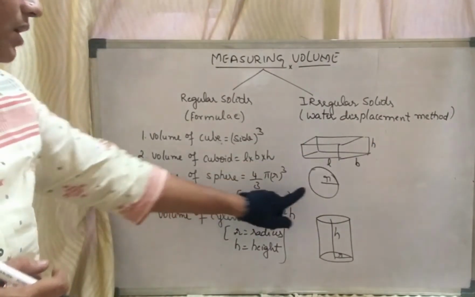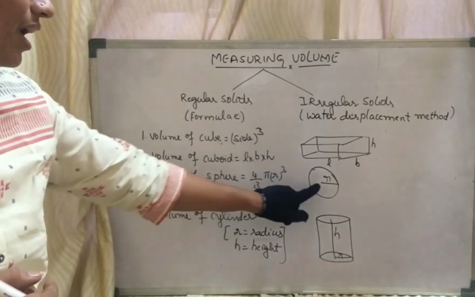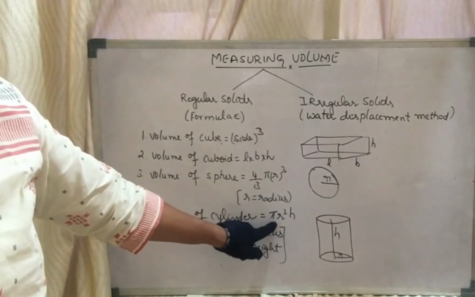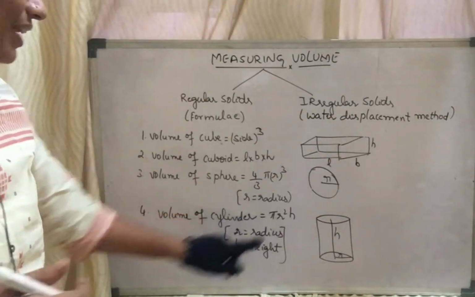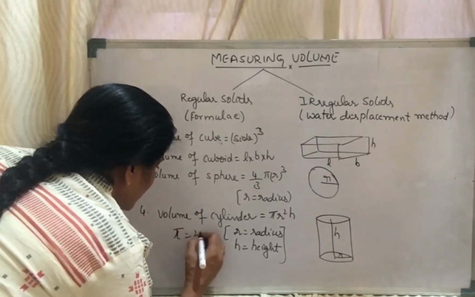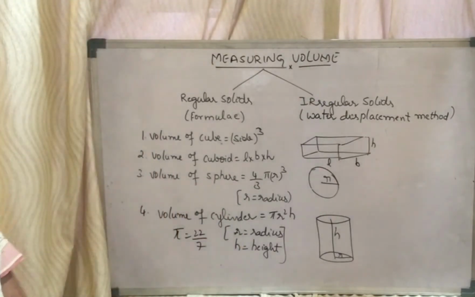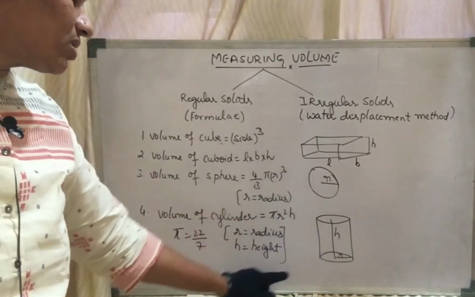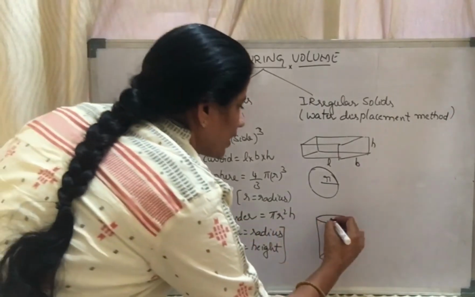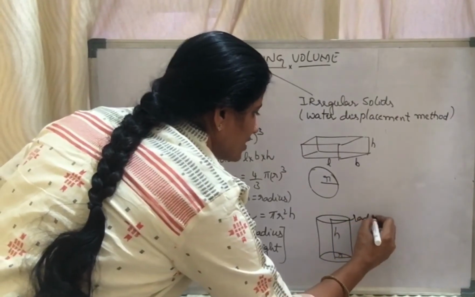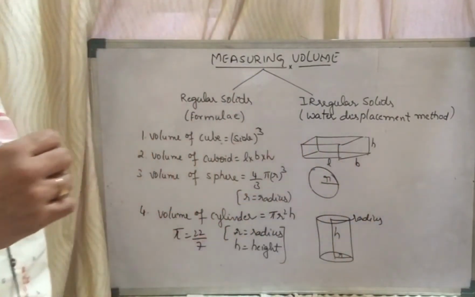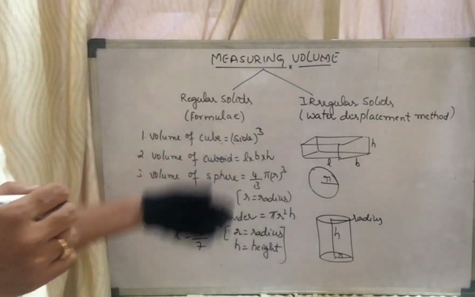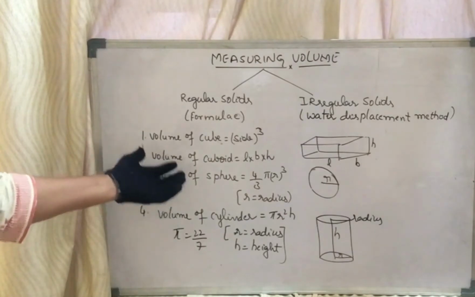The volume of the sphere is 4 by 3 pi r cube, where r stands for the radius. Volume of the cylinder is pi r square h, where you can take the value of pi as 22 by 7 or even 3.14, accordingly. Here this is the radius of the cylinder, and this is the height of the cylinder. So based on the information given, like radius, height, length, breadth, height, accordingly you can solve the volume of